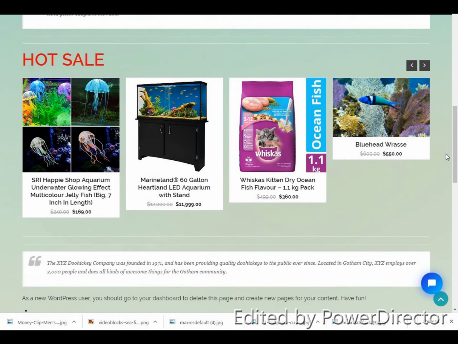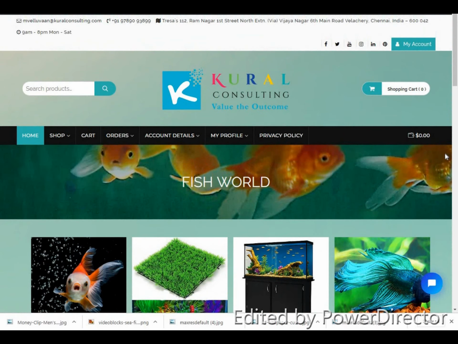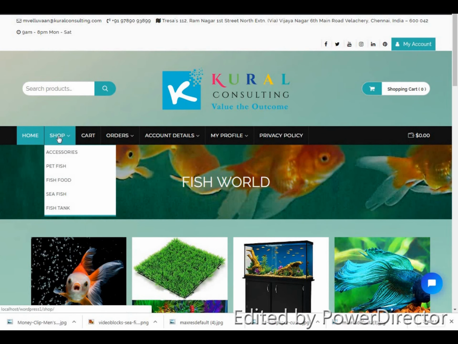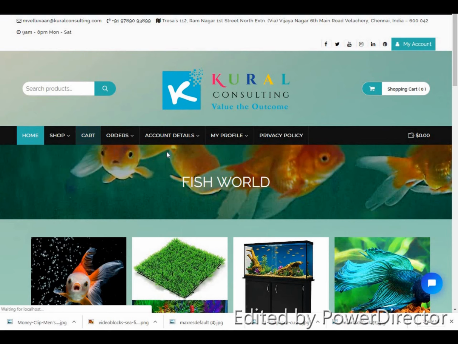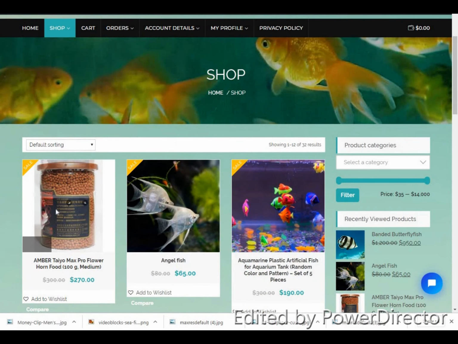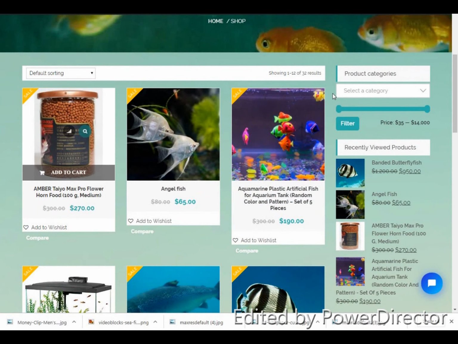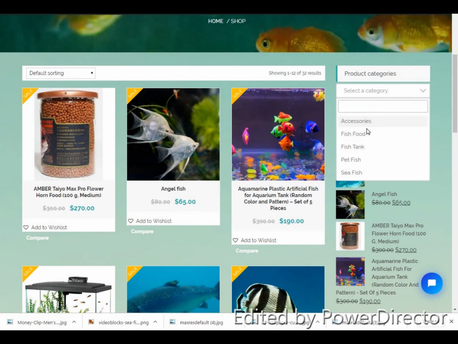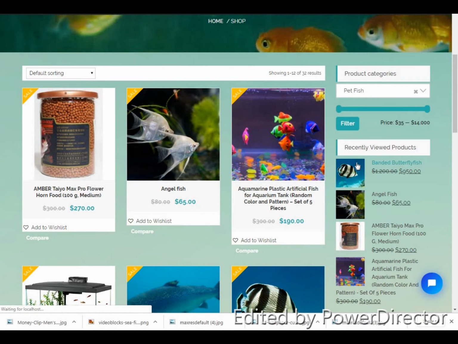As you slide back on top, you have this nav bar with a drop down menu, and you can go into the shop link, and there's a nice clever looking mouse over effect as well, and you have this filter where you can filter on